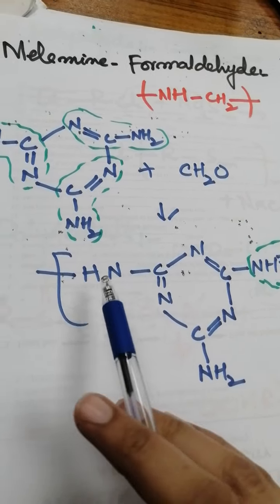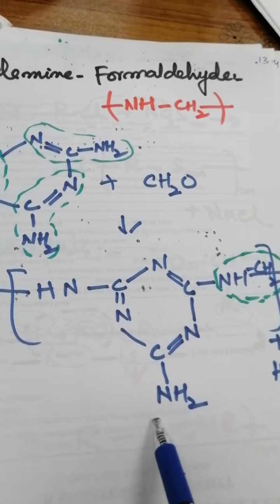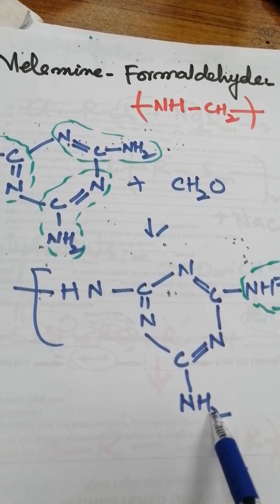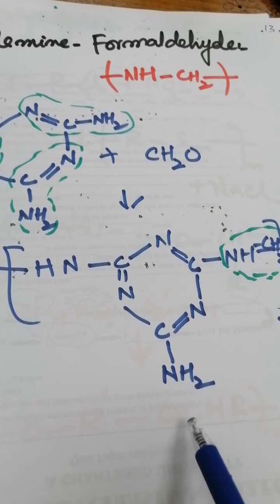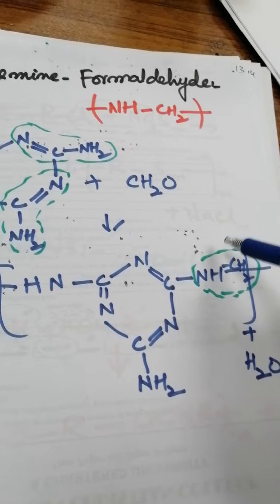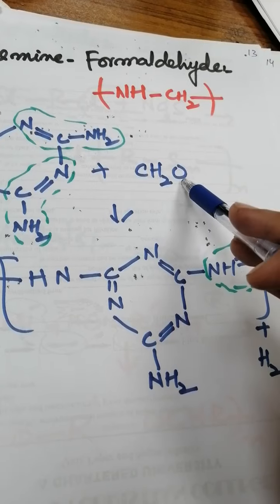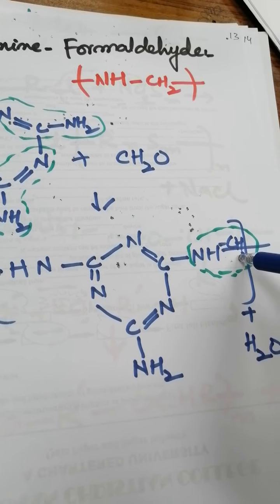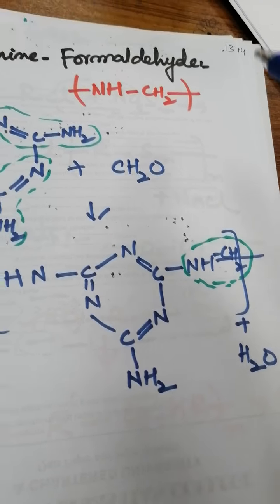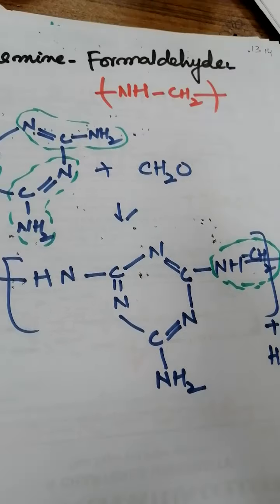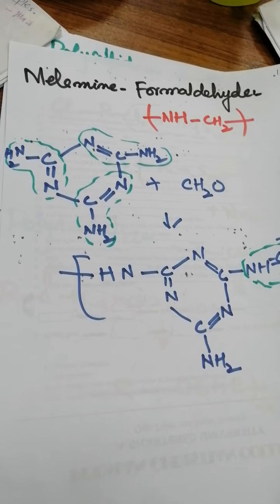What will happen, just look at the structure, you need to remove the hydrogen from here to continue the chain, and then the rest of the molecule is as it is. This NH2 is not making any kind of linkage; to develop the cross linkages or to have a branched structure, this hydrogen will be removed and make the linkage with the next chain, right? Whenever we have a formaldehyde, it returns to the methylene group, right? This methylene group forms here, so the formation of an NHCH2 linkage is the indication of the melamine formaldehyde functionality, right? So this is the poly melamine formaldehyde structure, right?